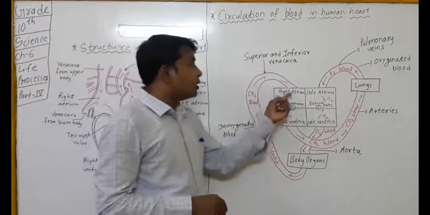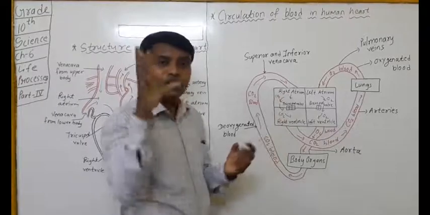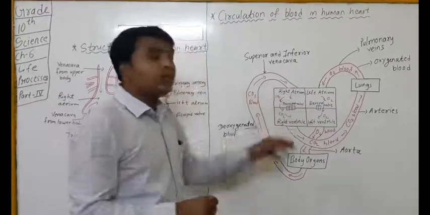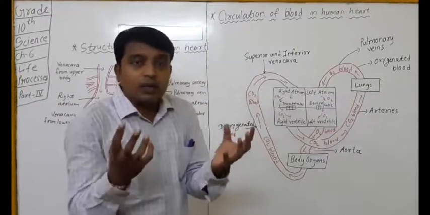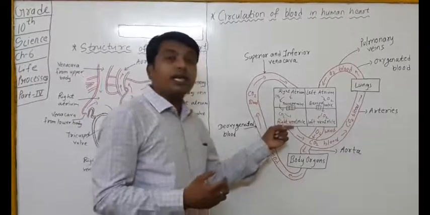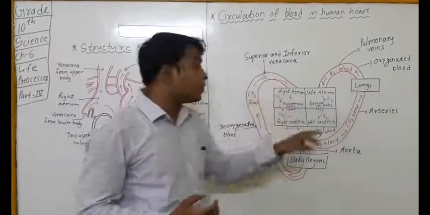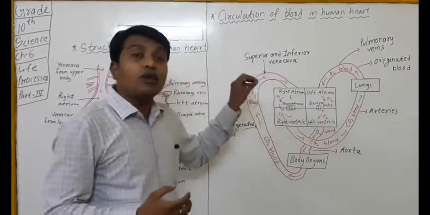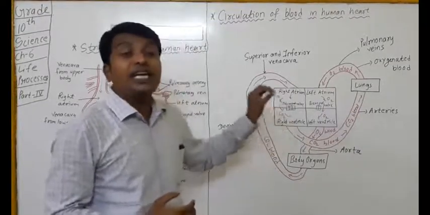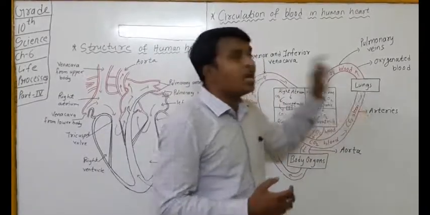As I said, the blood gets into the right atrium, it relaxes, gets filled full of blood, and then it contracts, and blood is transferred from the right atrium to the right ventricle. Now whenever the right ventricle gets full of blood, it starts contracting, and due to its contraction the blood in the right ventricle gets into the lungs. That means due to contraction of the right ventricle, the impure blood, the CO2 containing deoxygenated blood, is transferred from the right ventricle to the lungs.